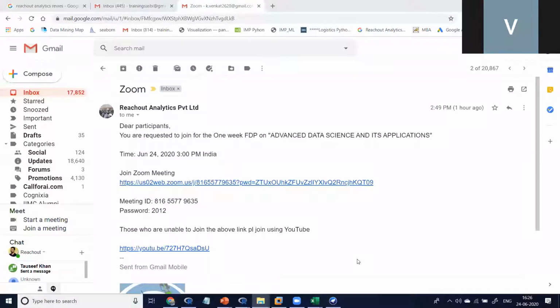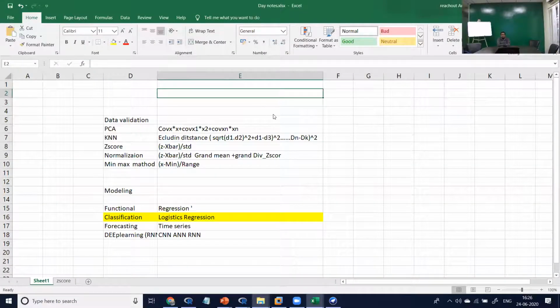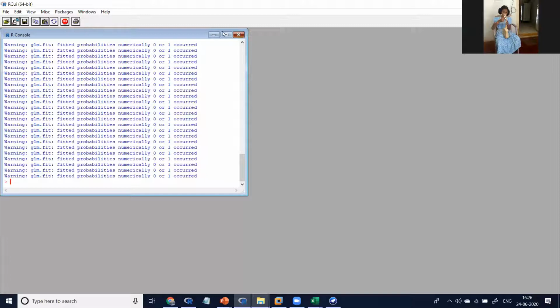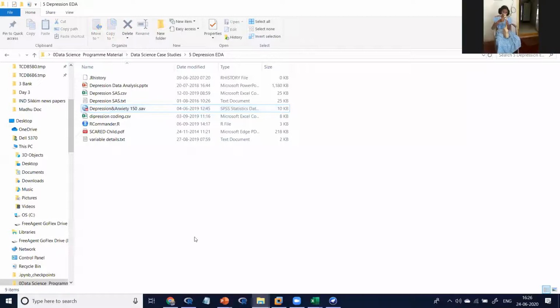Venkat sir, can you hear me? Venkat, are you able to hear? Srinivas sir. Yeah, a participant is asking a question. If nobody is asking questions, there are two possibilities: either nobody is understanding, or everybody is understanding.